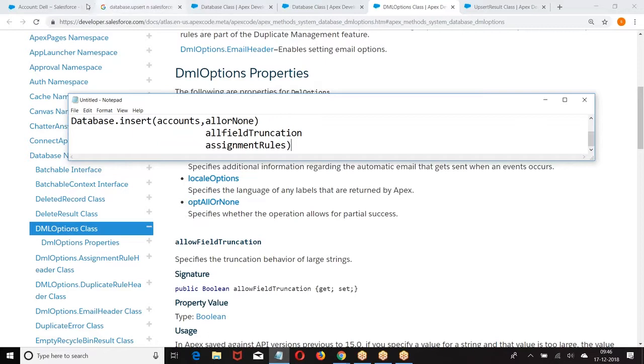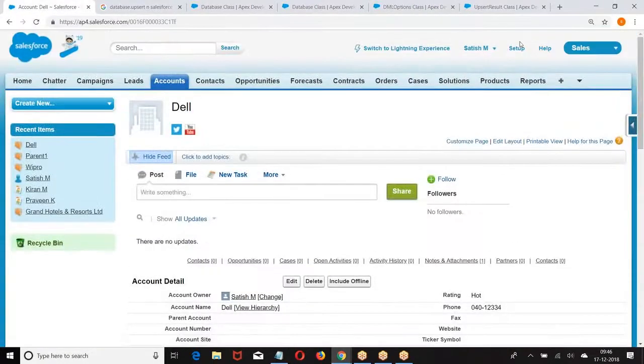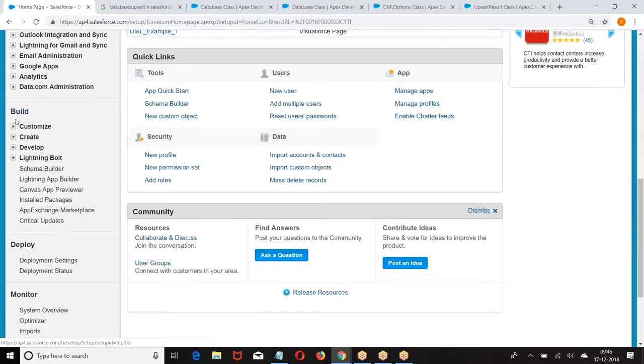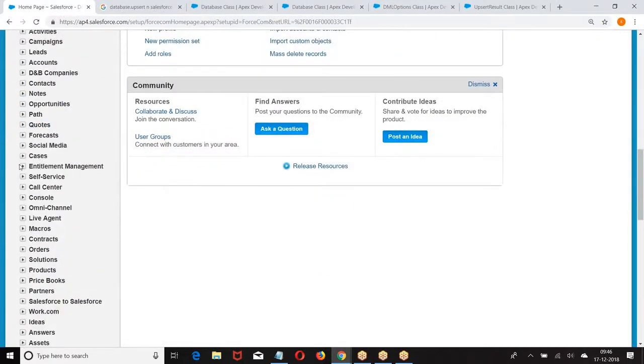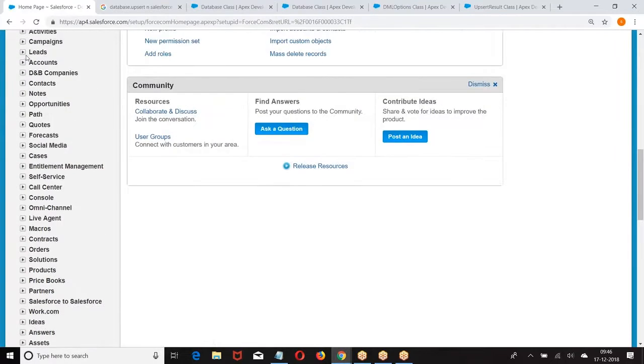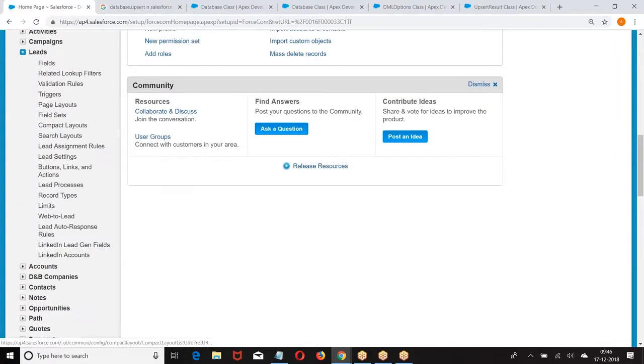Now, I'll make an example here to tell you. Setup, build, customize, lead. We have assignment rules.